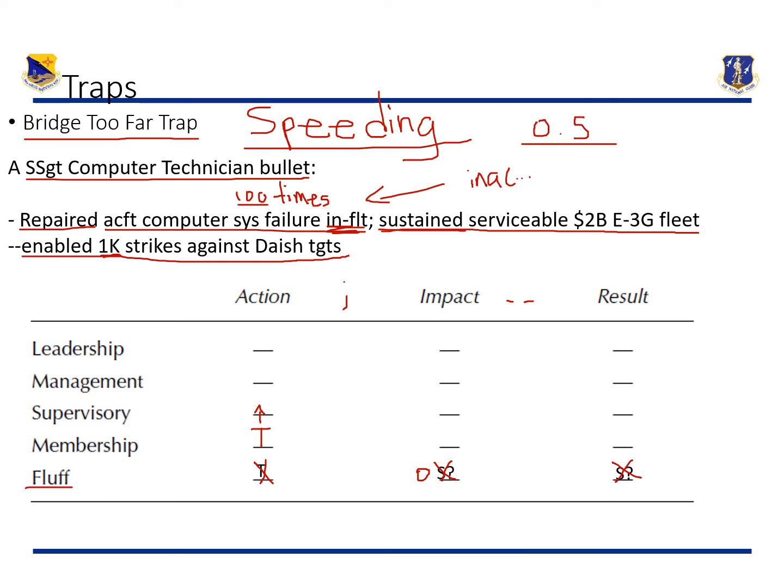It's speeding. Bridge too far. Don't fall for that trap. I see this all the time. You speed read through these bullets as a board member, and you see this, and you're like, "Oh my God, this airman is walking on gold." But you really have to again look at the member, look at the expectation, levy that against the actual action, compare it to the data, and associate it to the impact and the result, and you will clearly see that this is simply not a true statement.